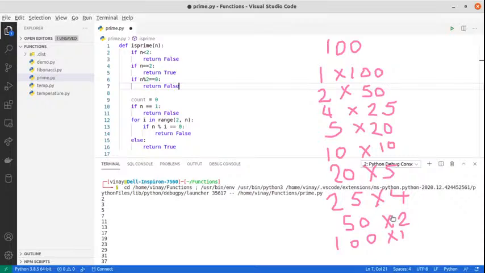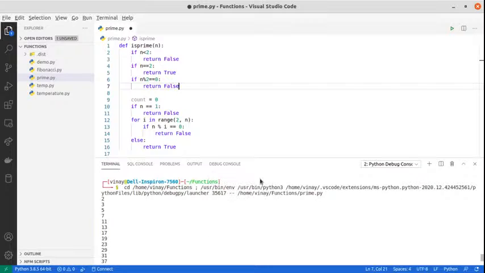There is a repetition, like beyond this point, after this, there is repetition. I've already done 5 into 20, why am I doing 20 into 5? I've already done 4 into 25, why am I doing 25 into 4? And this repetition is actually starting at the square root. So this is the property which I wanted to show you, that beyond the square root, the repetition starts. So what we can do over here is, we'll go back, and if I am reaching this point, let's do it again. If I am reaching this point,